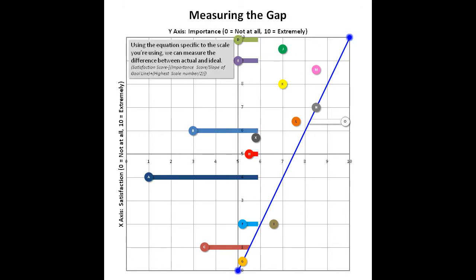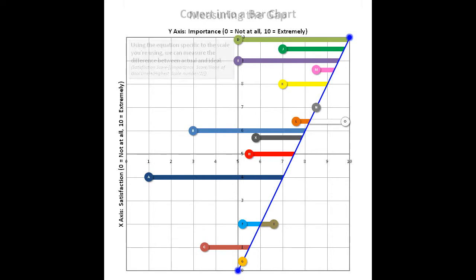The next thing we need to do is measure those gaps. And I provided an equation here that tells you how to measure where it fell to where we'd like to see it fall. And that distance already, you can see A has a big distance, B and D have really big distances as well, and you have O, which is falling on the other side of the line. Now I like to convert it